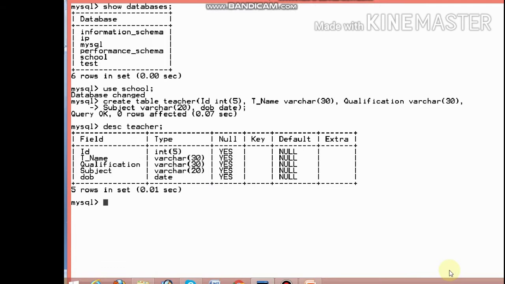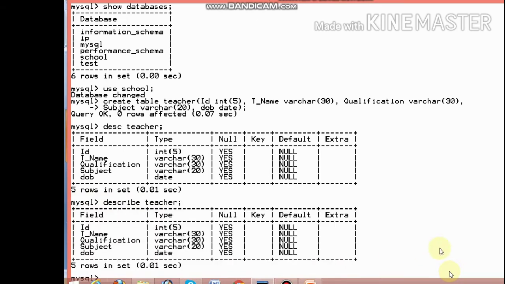Again we can use describe in full, I write it in full, describe teacher. Same it displays, that means it displays all the field names with the type of the data. Clear?